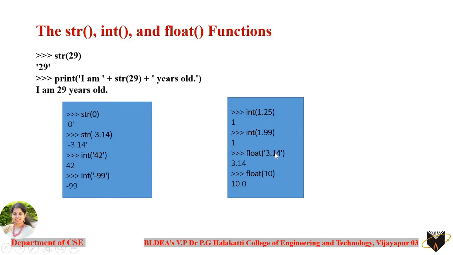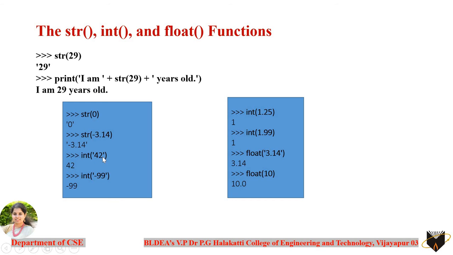In these two boxes you have the different functions, just to show how you can convert into the various data types. First we'll concentrate on this box. You can see in the first example, str of 0. That means you want to convert this 0 into a string. You can do it, and the output is displayed with single quotes. Similarly, there is no restriction for the string built-in function. You can pass any value of your choice and convert it into a string. So you can see here minus 3.14214, it is also converted to a string.